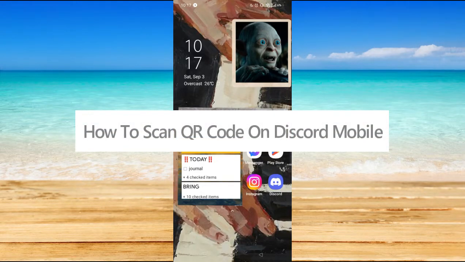How to scan QR code on Discord mobile. Hi, for today we are back again to our quick and easy video tutorial on how to scan QR code